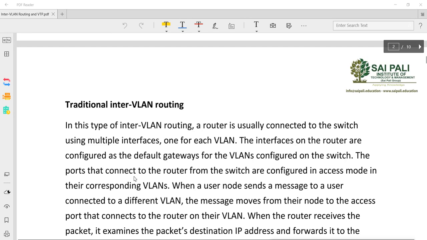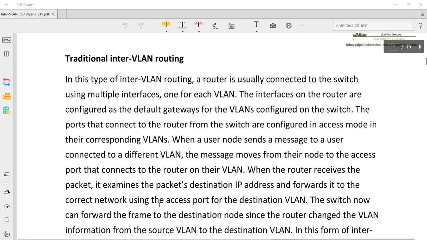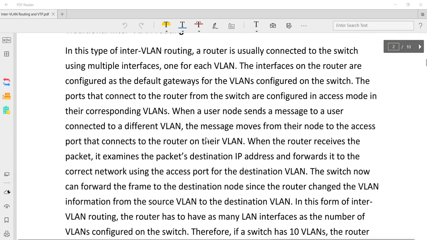Then the ports that connect the switch to the router are configured in access mode in their corresponding VLANs. When a user node sends a message to a user connected to a different VLAN, the message moves from their node to the access port that connects to the router on their VLAN. When the router receives the packet, it examines the destination IP address and forwards it to the correct network using the access port for the destination VLAN.